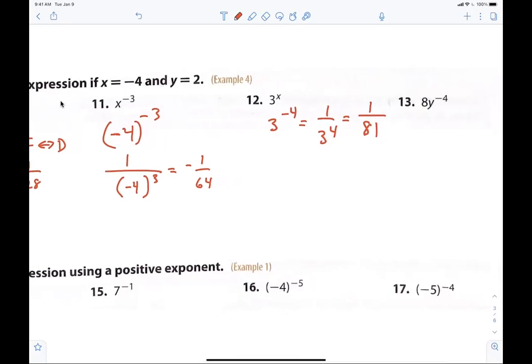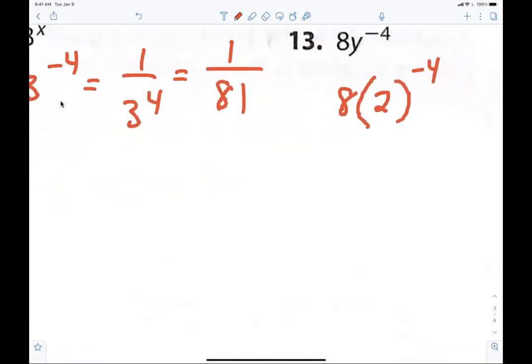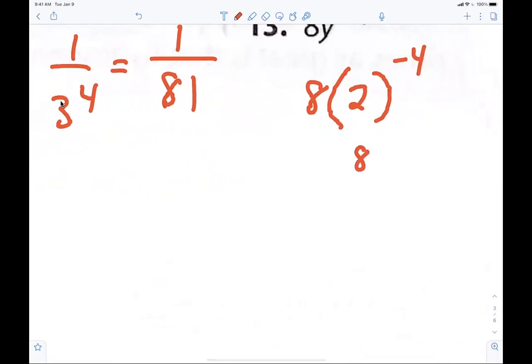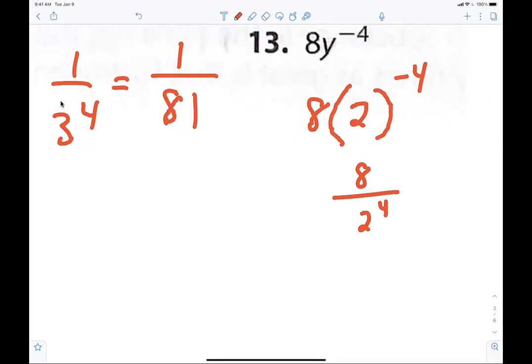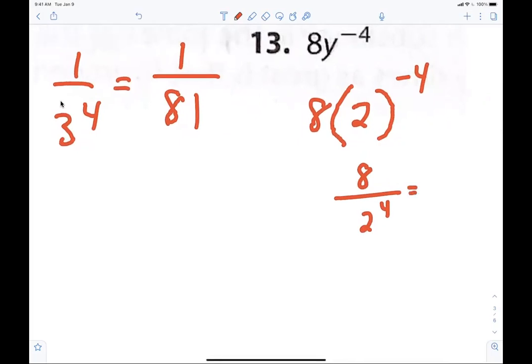So now for 13, I want everybody to write down 8. What's the y value? So you put 2 and then to the -4. Now make sure you're watching me. I want everybody to write this as 8 over 2 to the 4th power. Does everybody understand that? Now you can just type that into the calculator if you want. 8 times 2 to the -4, and then I want it as a fraction. I think it's a half,